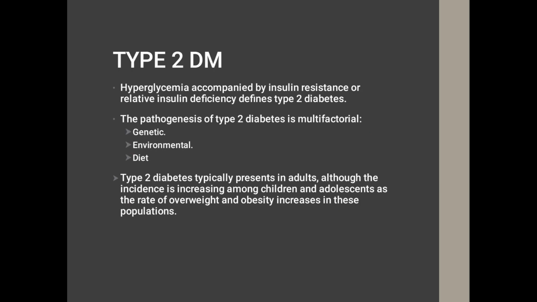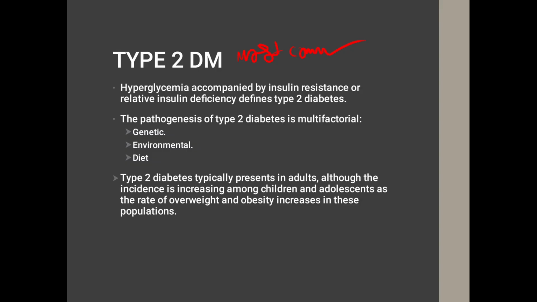Type 2 is the most common type, the most common one. Okay, this is specifically seen at older age, 50s and more, and this is mostly associated with sedentary lifestyle. So patients who take a lot of fat or a lot of carbohydrate are more susceptible to get type